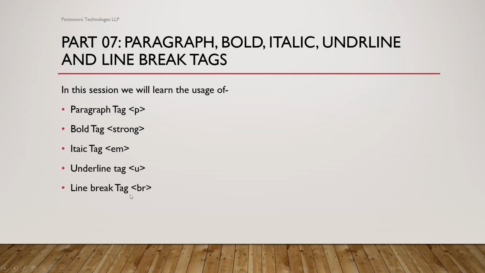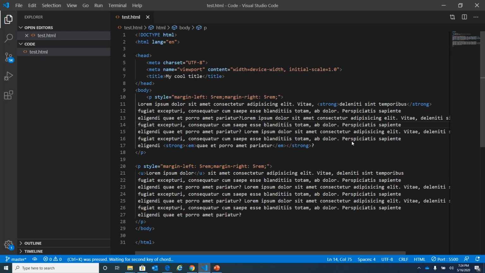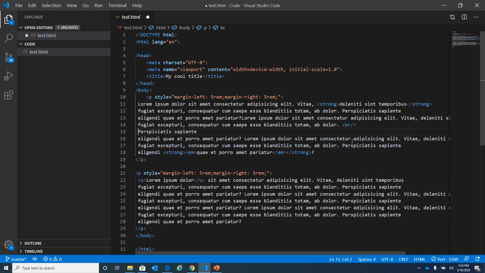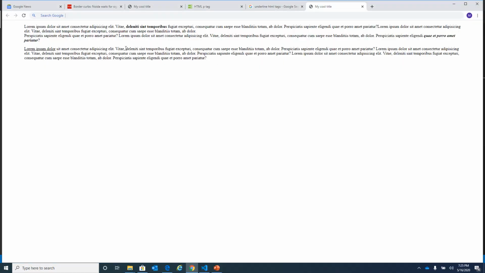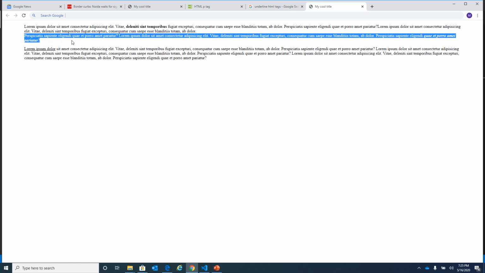And finally, line break tag. To break a line, that is br tag. Let us see. In a paragraph, content can appear in separate lines. For example, I want this content after a line, so I will use br tag just here. See, br is a self-closing tag. You don't have to paste the content in the next line. Just br will ensure that your content from this point will appear in the next line. Just save the changes and see on the web page. See, this content is appearing in the next line.